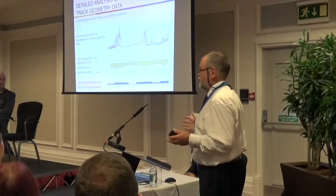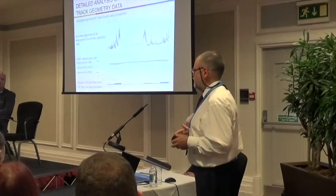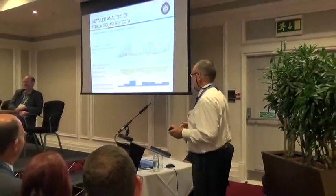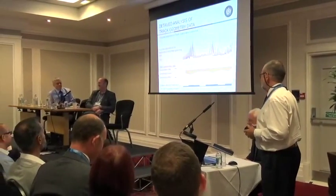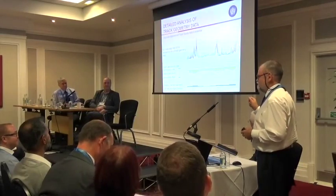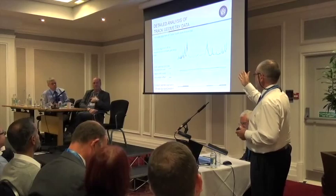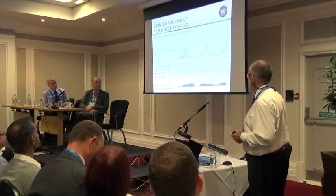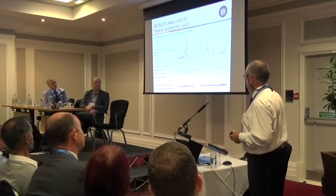What we found is you can't actually take track maintenance records too seriously, because I shan't go into that. But we think we can identify where the track's actually been maintained from the data, but it has to be properly aligned. And you can see when it's aligned, you can see where all the problems are. And I assume they are weld positions or probably jointed track,